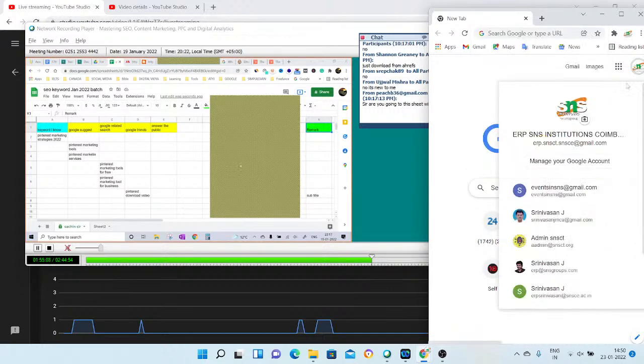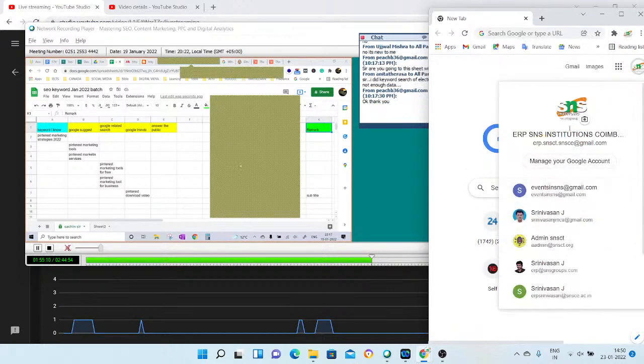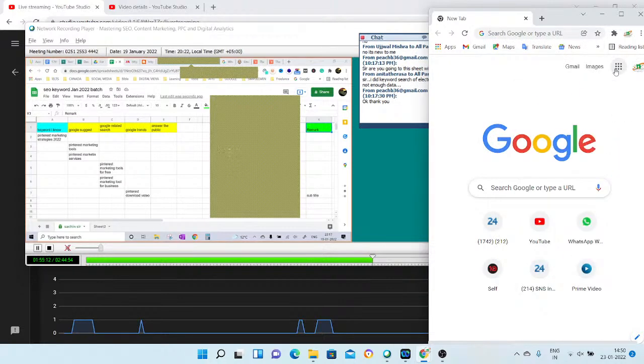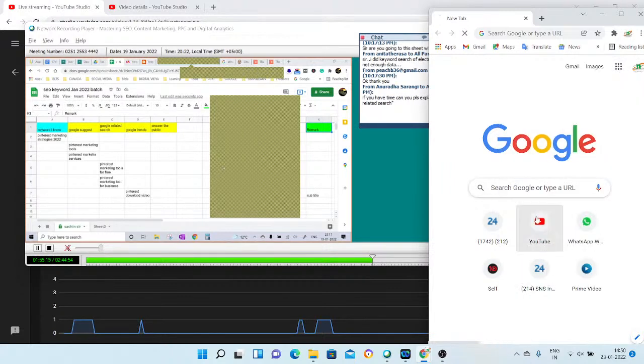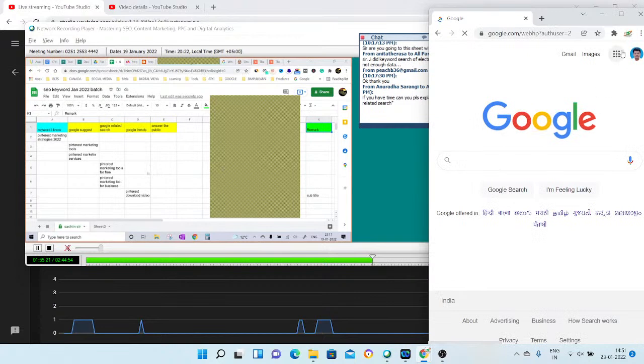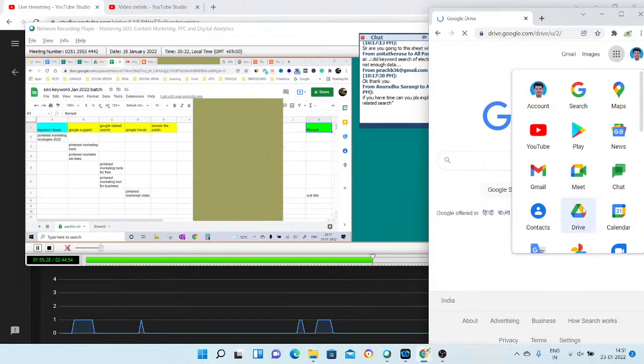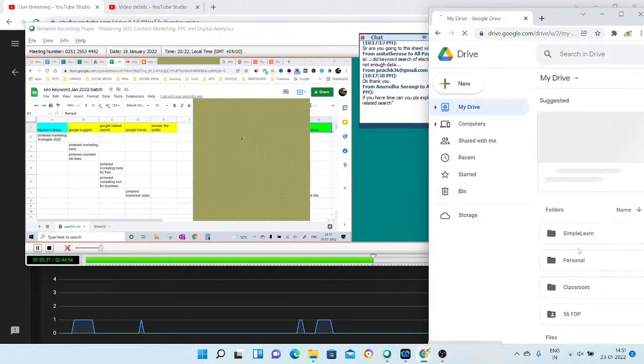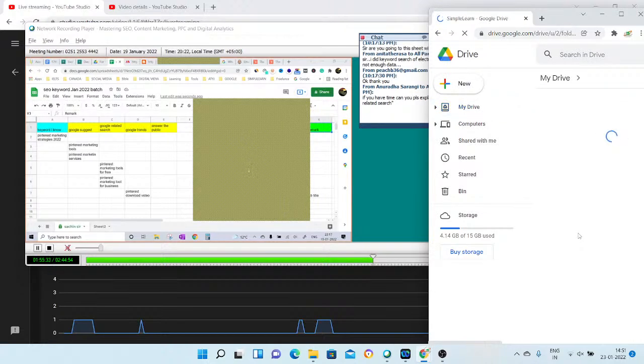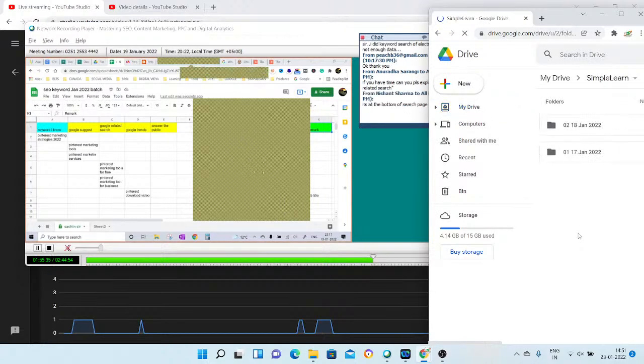You just need to put the content in your sheet first. If I allow everyone to start working on this sheet at the same time, what would happen? It will hang. It will not give you access because Google will stop us, saying that everybody is using it. We have seen this in the past also. I'll give you the access, then you can work in different slots. Maybe somebody would work tonight, somebody tomorrow, somebody in the afternoon.